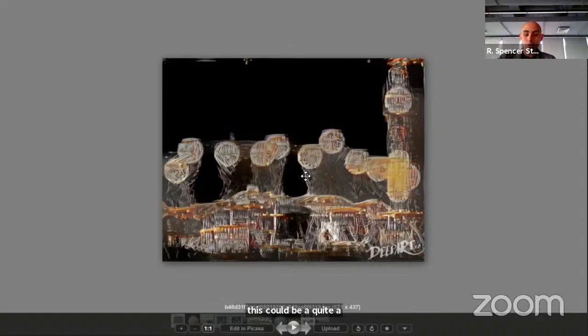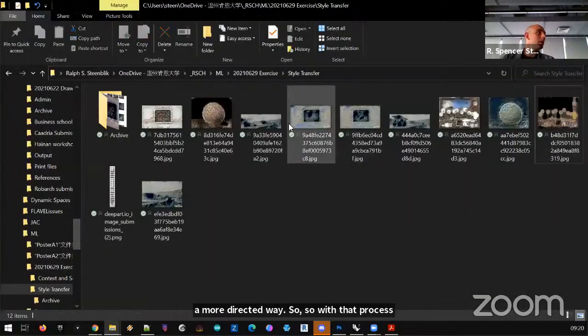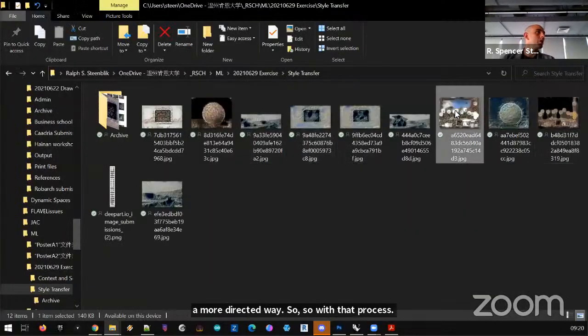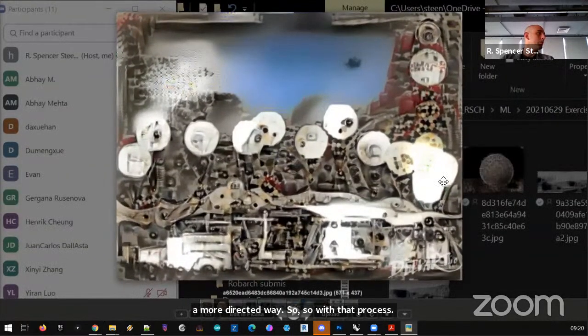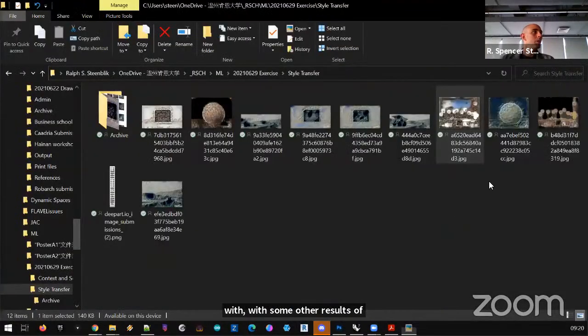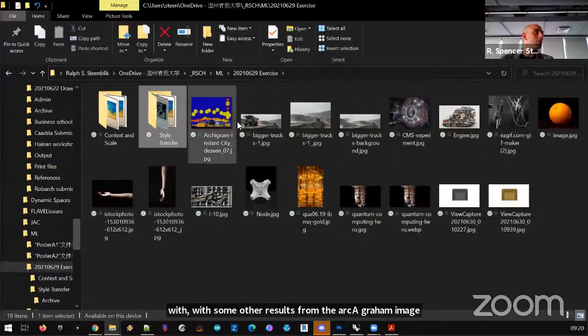I think this could be quite a compelling project to pursue by itself, but I wanted to try and think about how I could use the style transfer in a more directed way. So with that process, I tried different versions. Here's another version with some other results from the Arcogram image. But then what I figured was that if I go back to that original Arcogram image and try and pull